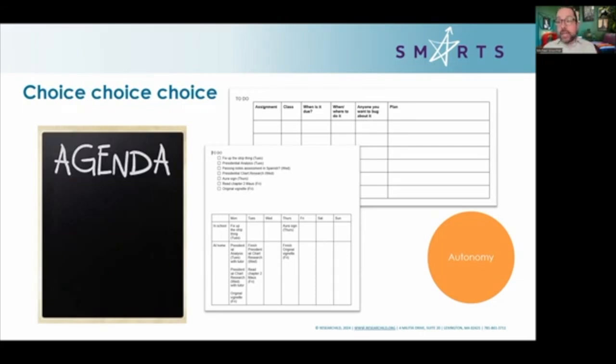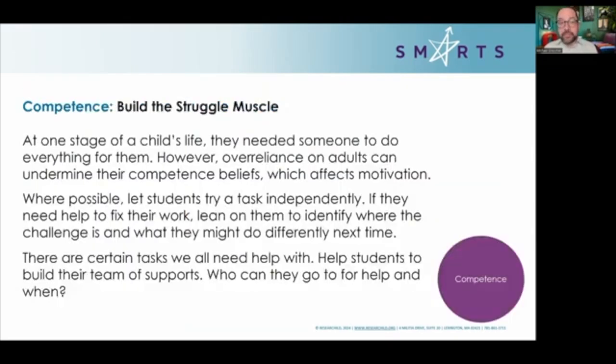Now, you can't do that every day, but you might be able to find small ways to let a student steer the ship, either in a work period or in other ways. Letting them have some inkling of how time management works is a great way to get kids invested and feeling autonomous.